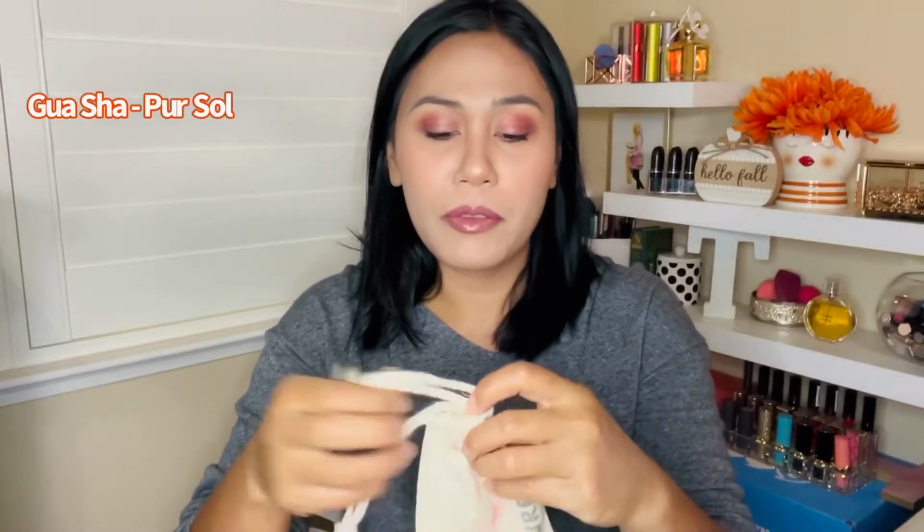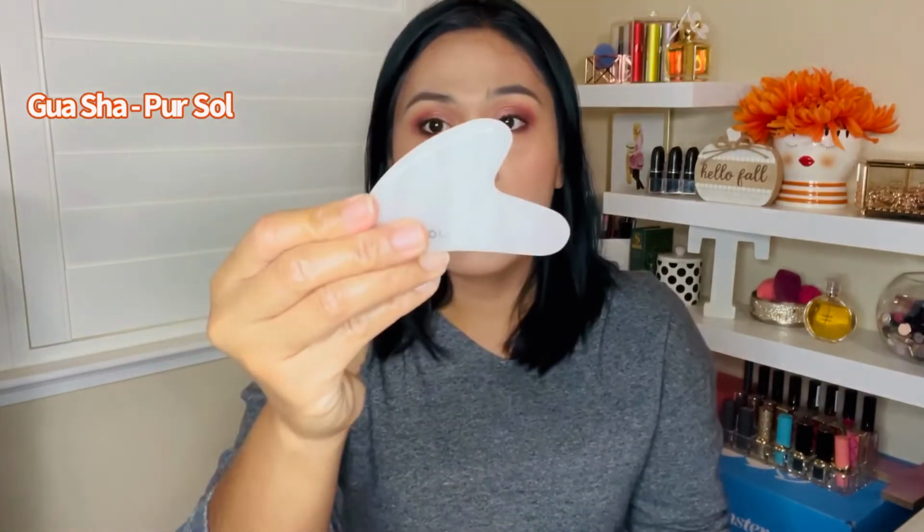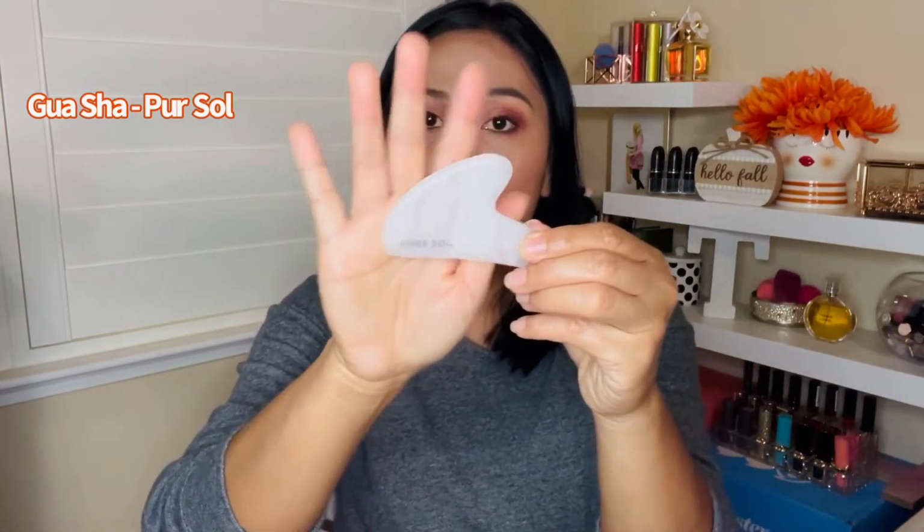My very first favorite is this Gouache. Sorry about that. This is called a Gouache facial tool by Pure Soul. This tool is used to increase circulation in your face, and so I like to go this way. I don't want to ruin my makeup or anything, but it helps with giving you a facial massage. But recently I learned that you can use Gouache so many other ways, and I actually learned this